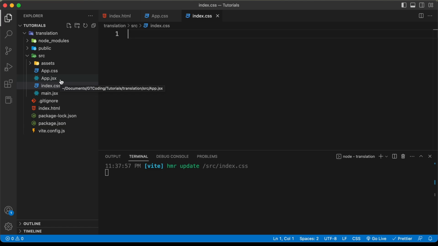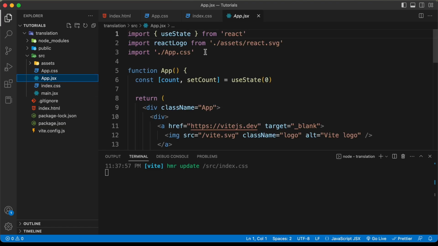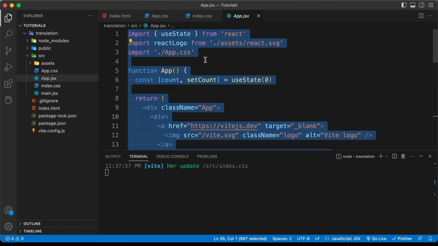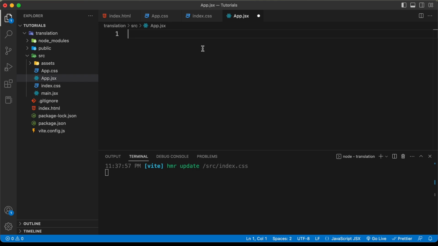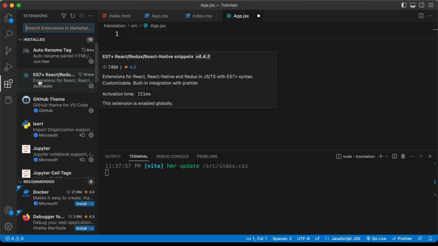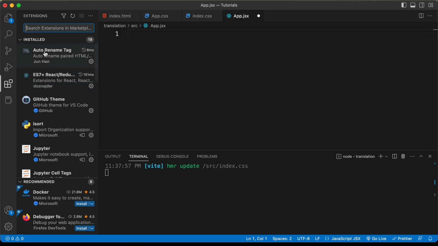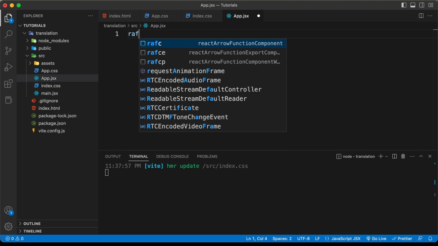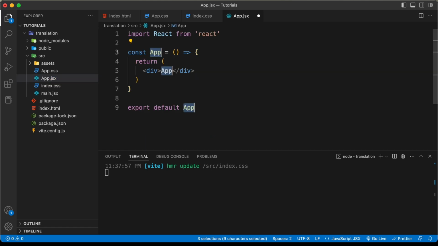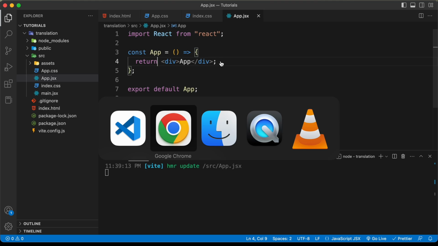And now let's go to app.jsx and let's delete all of this from here, and I'll just use a snippet called ES7 plus React Redux React Native snippet. So you can just search for this over here in the extensions and just install it. And once you install it, you can just type RAFCE and press tab. And here we can see that our basic boilerplate code has been written. Right, now if you save this and if I go back to our web page, here we can see that